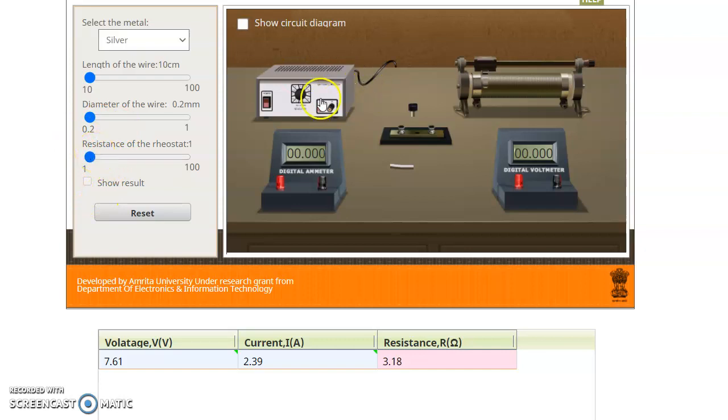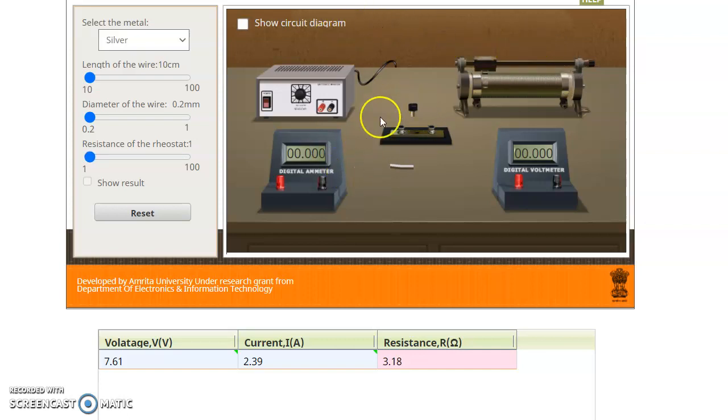Now let us set up the circuit for carrying out this experiment. Over here, this is the battery, this is a digital ammeter, this is a digital voltmeter. The ammeter will help us calculate the current, and the voltmeter will help us calculate the potential difference. This is the variable resistor, which we also call the rheostat. As you can see, there is a jockey above. When we slide it, we can increase or decrease the resistance. When the jockey is at the lower end, the resistance will be the minimum, and when we put it at the highest end, the resistance will be maximum.